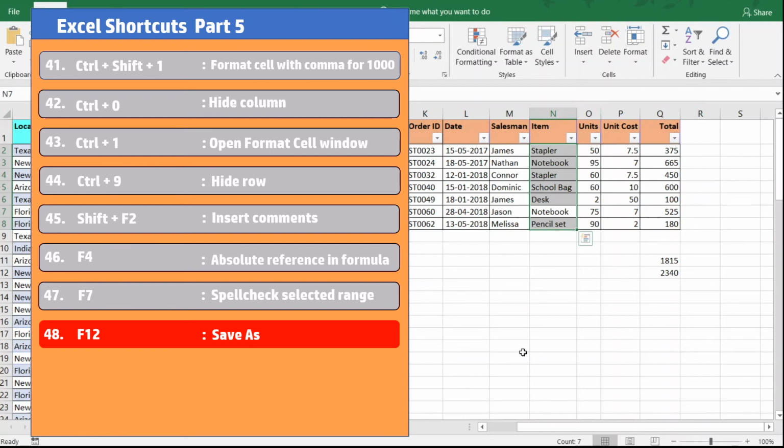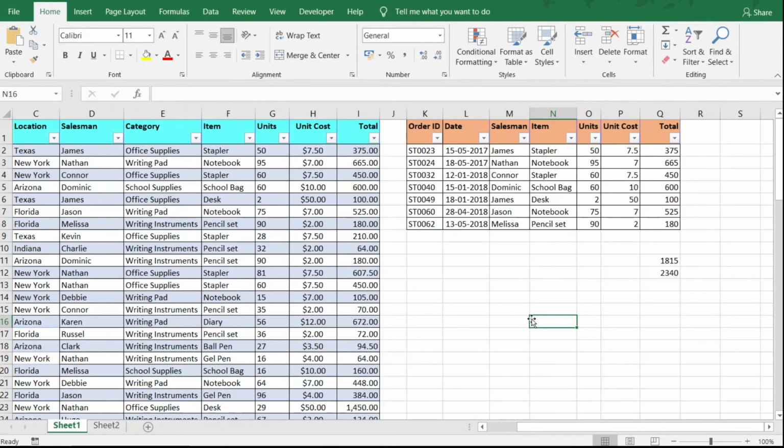F12 is used for save as. Earlier we used Control S to save the whole of the workbook, but that was with the same name. But this time, if we want to change a name, then we can use F12. So let's do